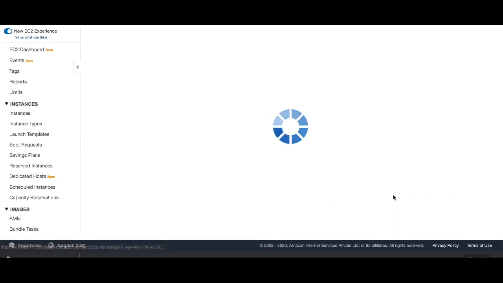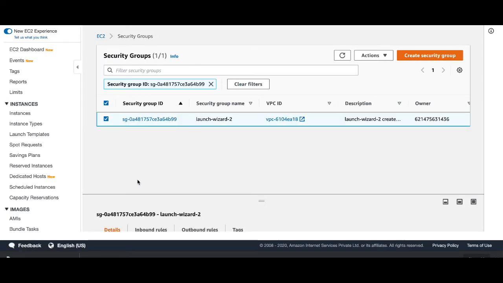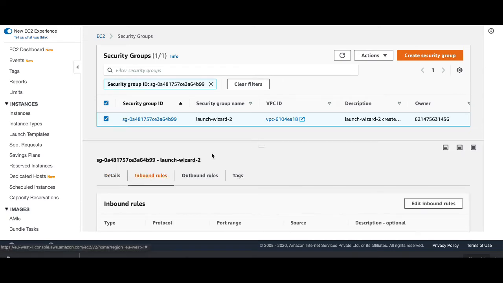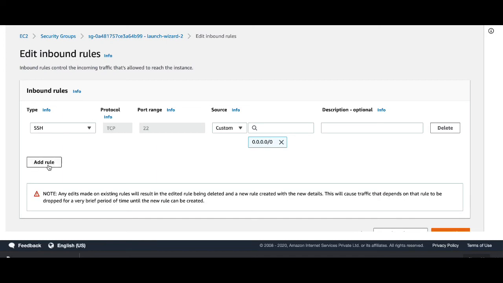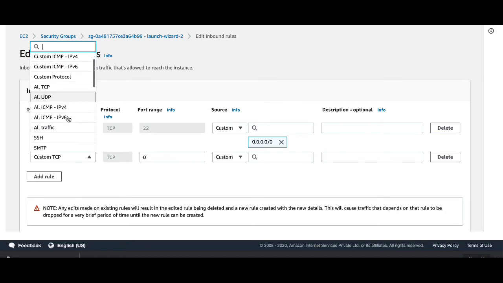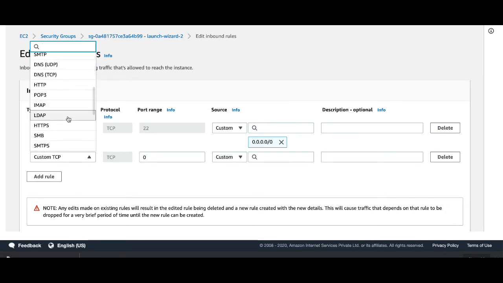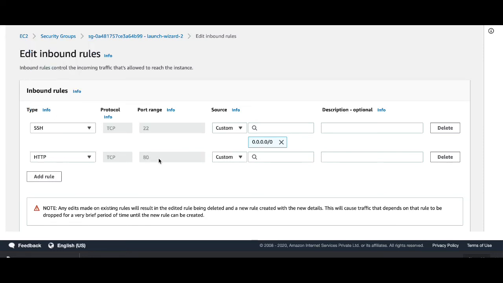You have to go there, select Inbound rules, edit inbound rule, and add rule. My application will run on HTTP, port 80.